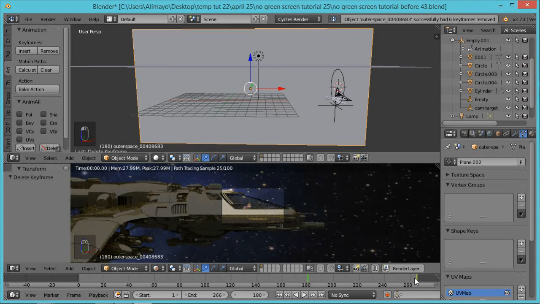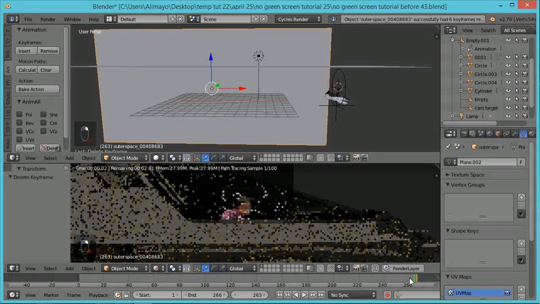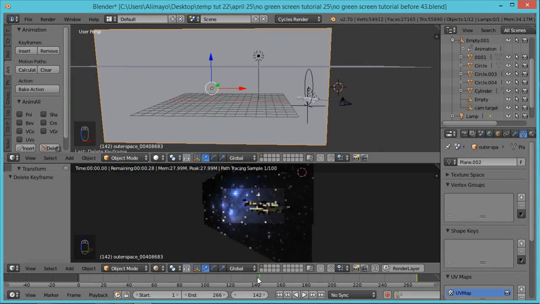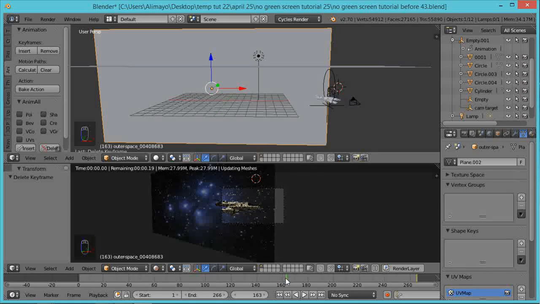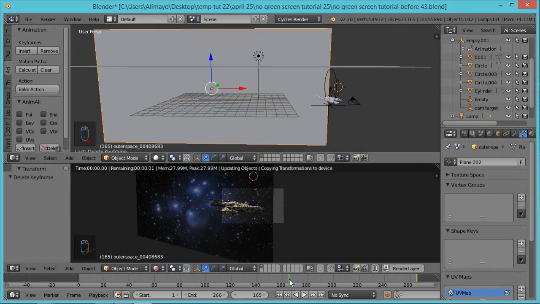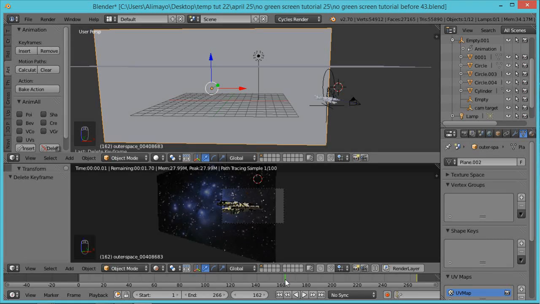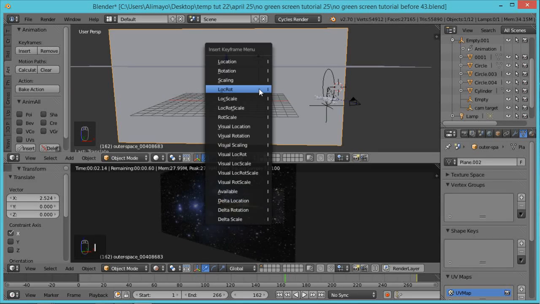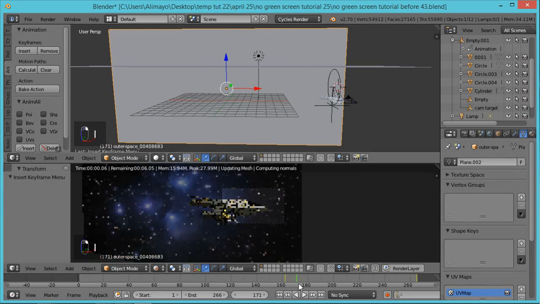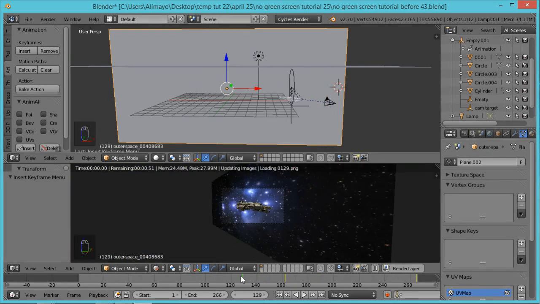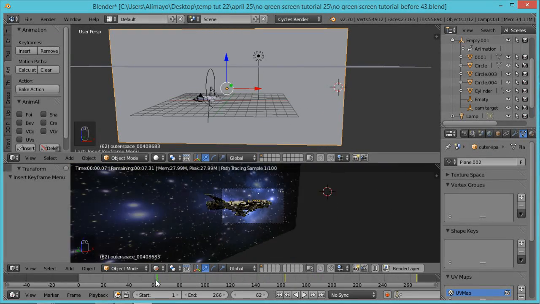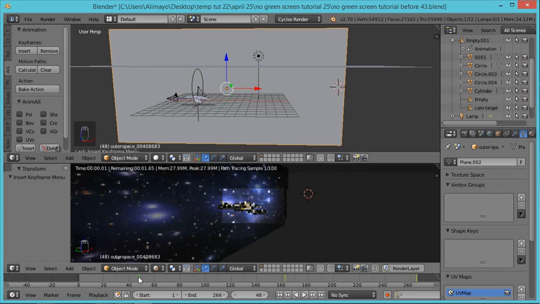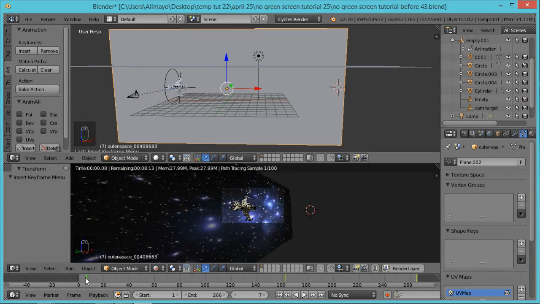So now with that, I am going to go backwards. Oh, we've got to watch out for that right there. So we'll just grab this, move this up here. We'll hit I for location rotation scale. Make sure, yeah, we'll take this back to here. Good, it's just in frame. We'll start off at